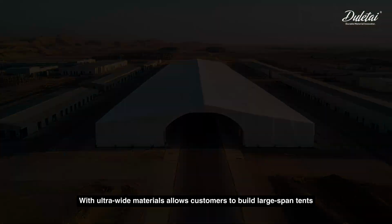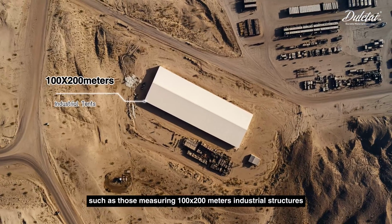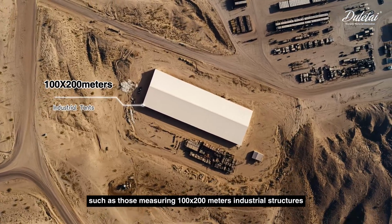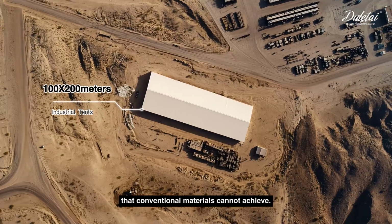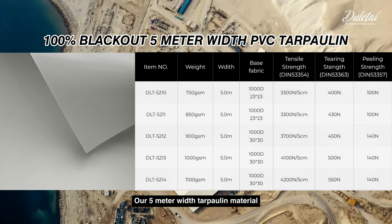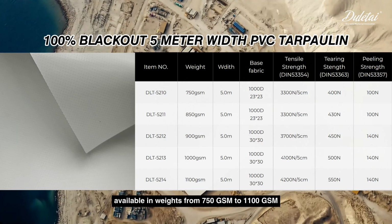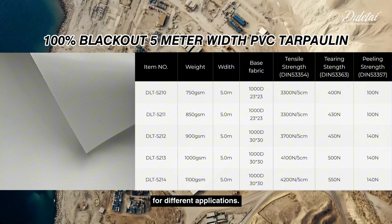Ultra-wide materials allow customers to build large-span tents, such as those measuring 100 by 200 meters, industrial structures that conventional materials cannot achieve. Our 5-meter width tarpaulin material is available in weights from 750 GSM to 1100 GSM for different